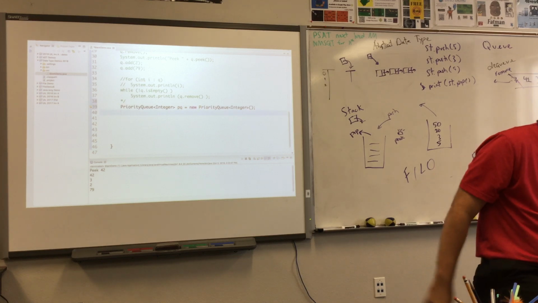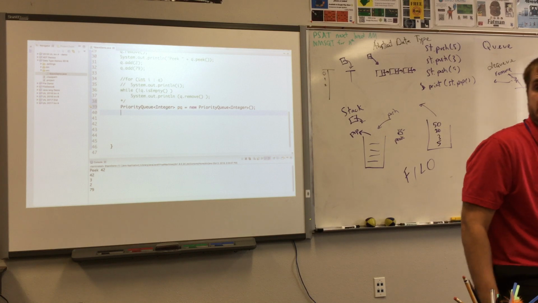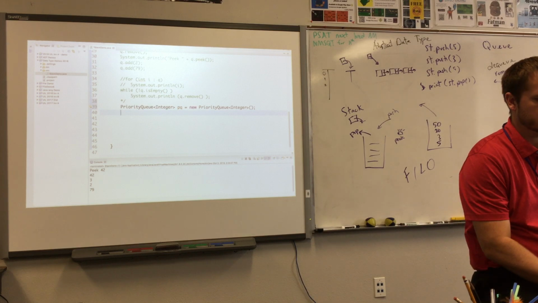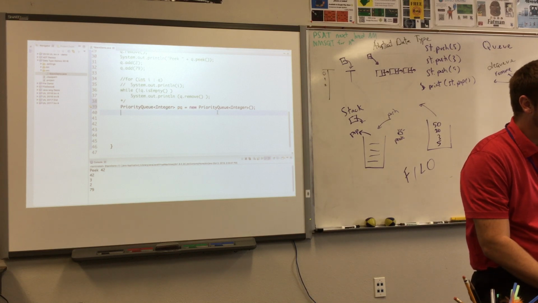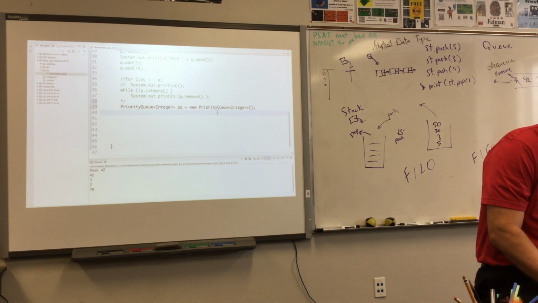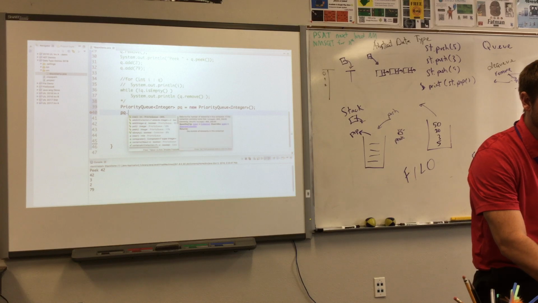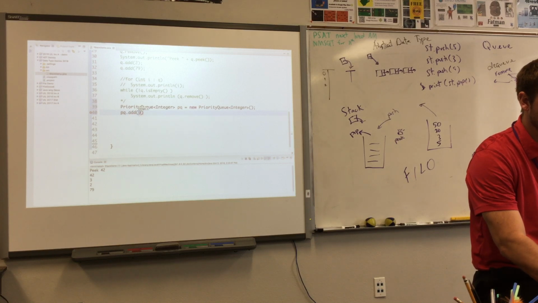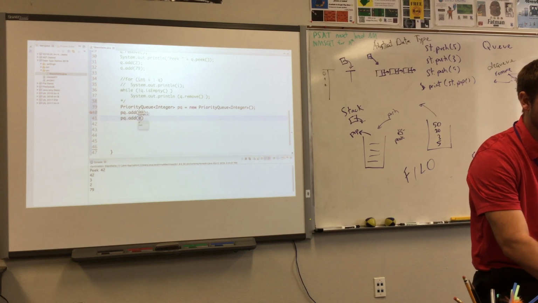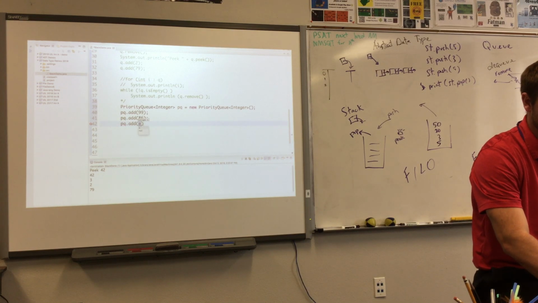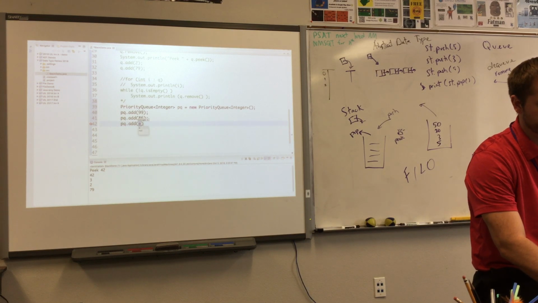The PriorityQueue class is a class, so we can create an actual instance of it. So just to be ridiculous, we'll say pq.add(99), pq.add(86), pq.add(56),